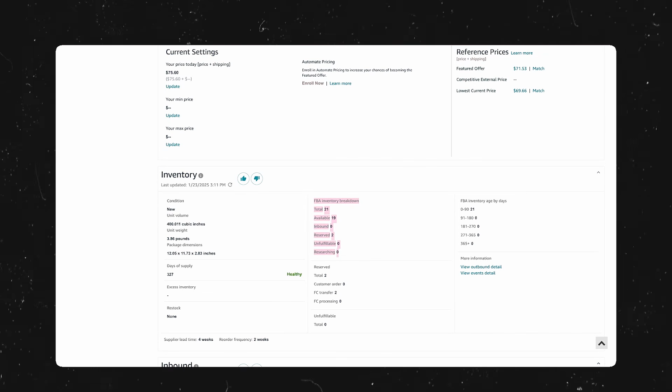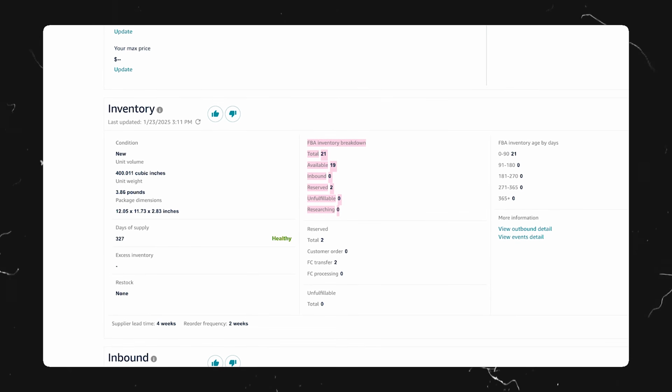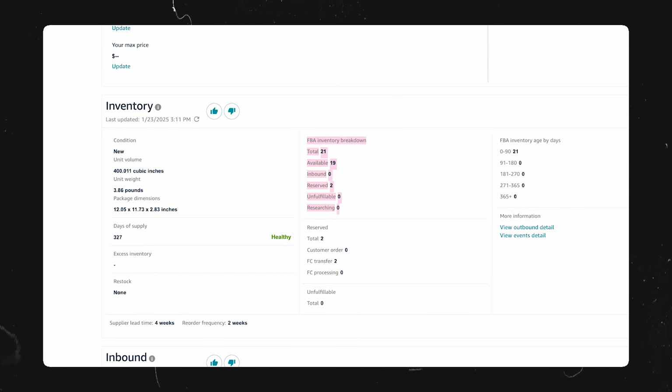Most likely they will do that. So what you're going to want to do is go into your Manage All Inventory page on Seller Central. You're going to want to click under the SKU condition, scroll all the way down into FBA inventory breakdown. You're going to want to see exactly where your products are at, how much are available, how much are in